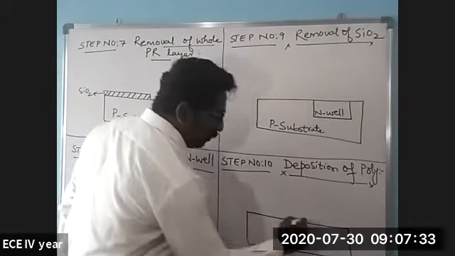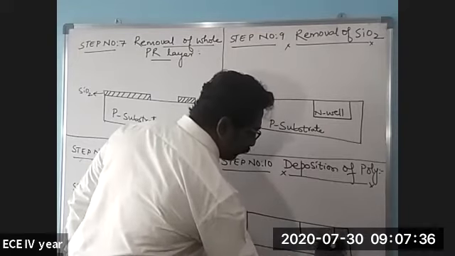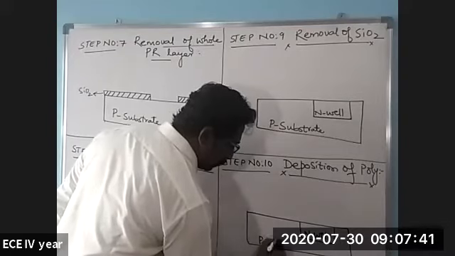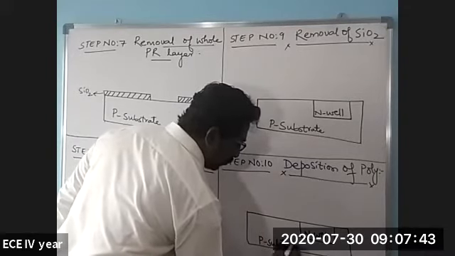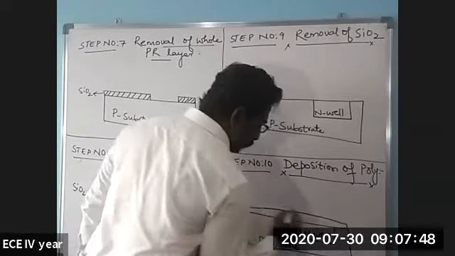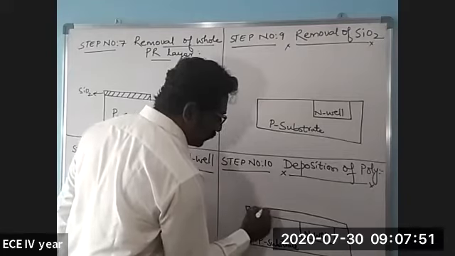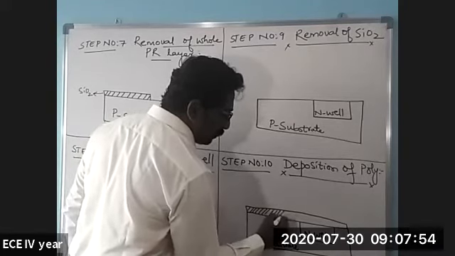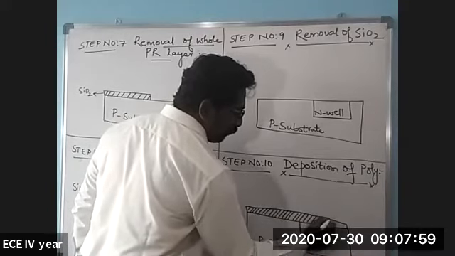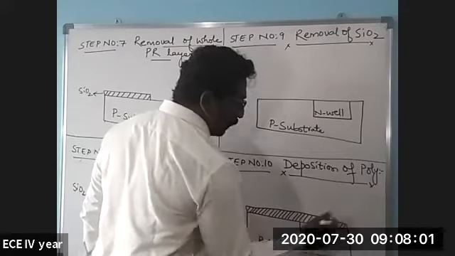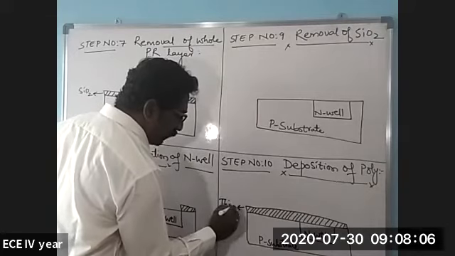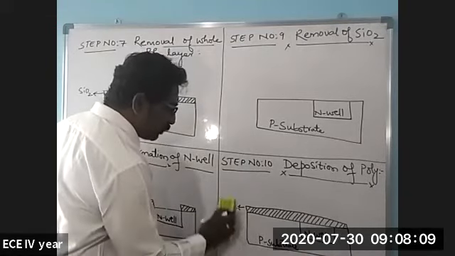It's a polysilicon. We have here an N-well, and this is your P substrate. Now, before depositing the poly, thin SiO2 will be deposited. That is nothing else but Thinox, which is of 0.1 micrometer thickness. This is not the thick micrometer, thick SiO2. It's a thin SiO2. That's why I'm writing it as Thinox. Thinox means thin oxide.